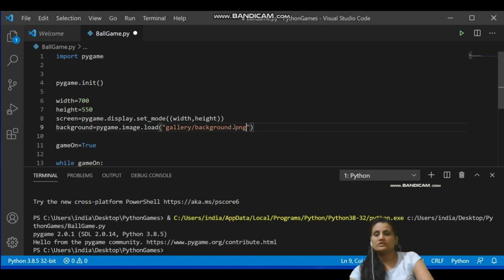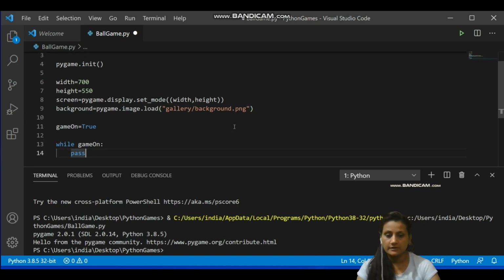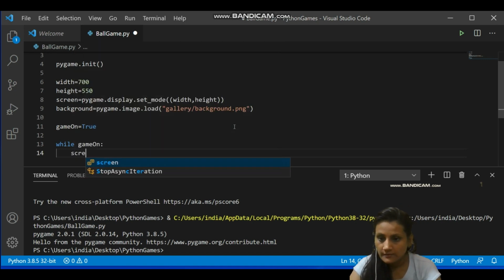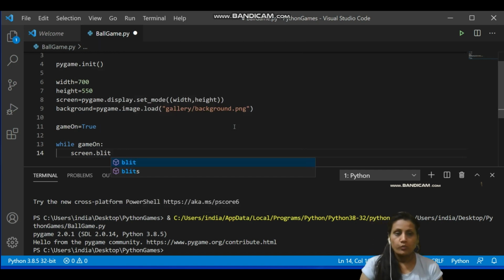I'm taking it as PNG. As I told you, this is only the setting or the loading, but how it is placed is another command you have to write here, and that is screen.blit. What are we doing here? Screen, because on the screen we decided the width and height. Now on the screen we are blitting an image, so screen.blit.